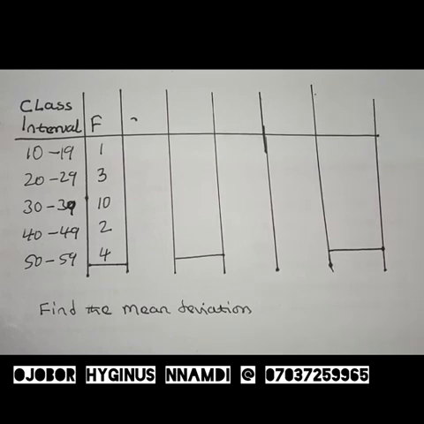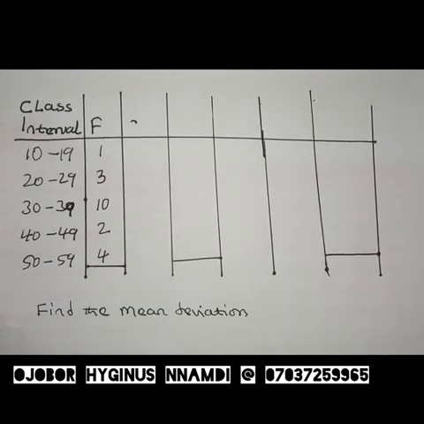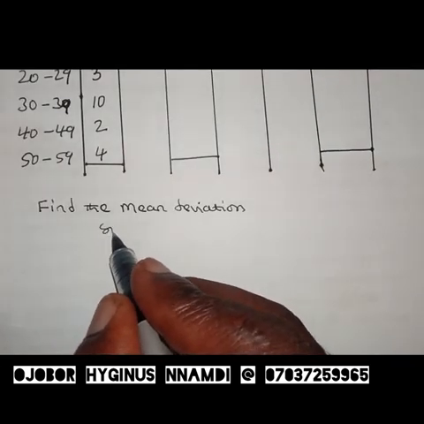What is mean deviation? Mean deviation is simply the arithmetic mean of all the deviations taken as positive from the mean of the numbers. So if you have a set of numbers and you want to determine the mean deviation of this set of numbers, first of all, we'll get the mean of those numbers and then also get the mean of the deviation of each number from the mean. So the formula for mean deviation solution